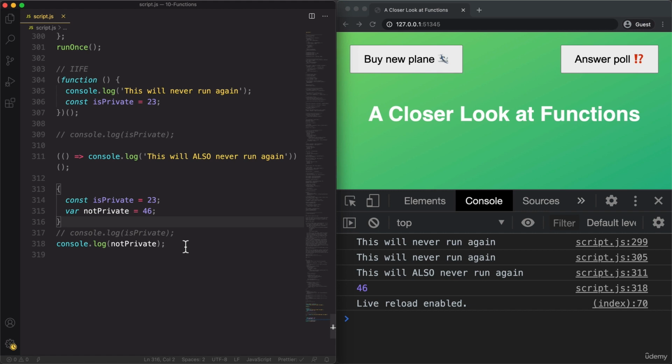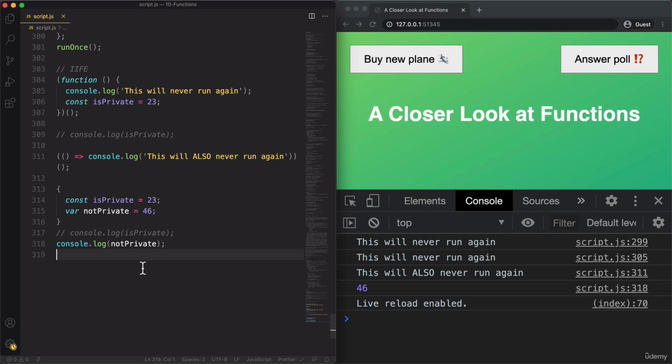Because if all we want is to create a new scope for data privacy, all we need to do is to just create a block like this, right? There's no need to create a function to create a new scope. Unless, of course, we want to use var for our variables, but we already know we probably shouldn't do that,